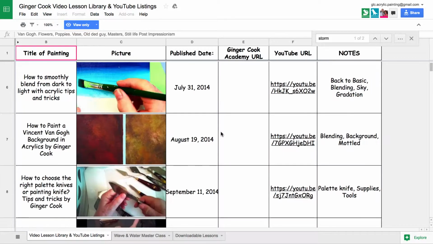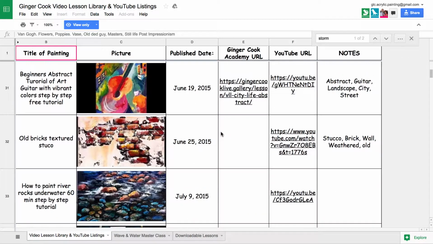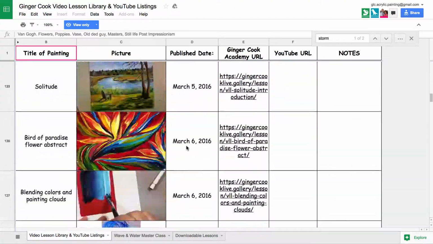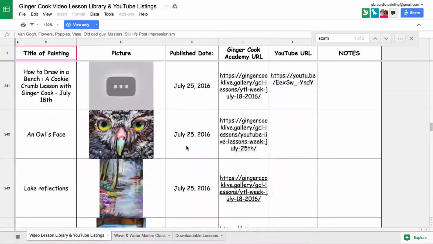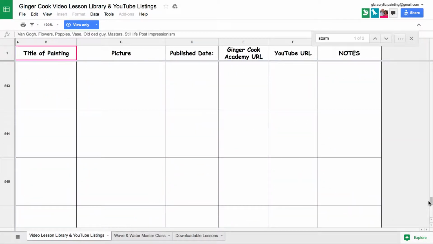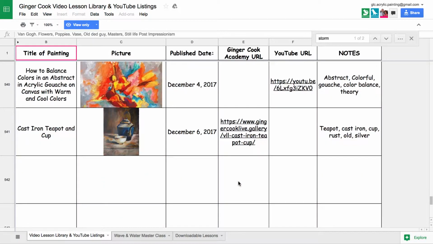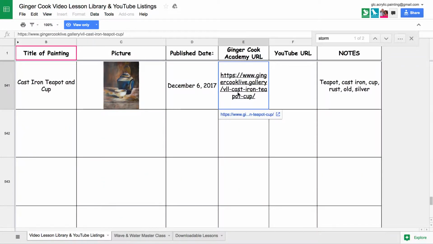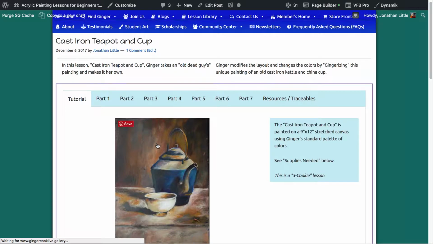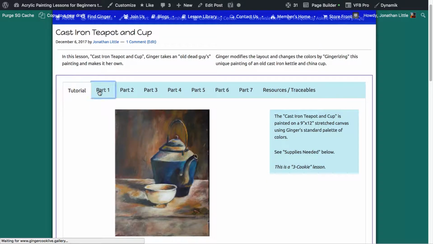Let's go back to what you just saw. If we go down to, let's go to the last lesson here. Again, get to the bottom, just grab it. And here we go. Go to this lesson here. This is the newer format. Let's just give you a brief idea what that is. See, all your parts are together. Everything's right here. Part 1,